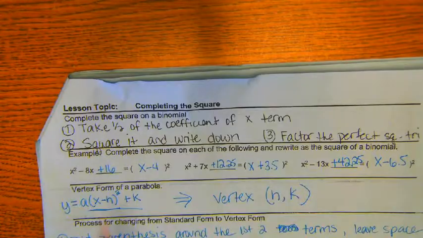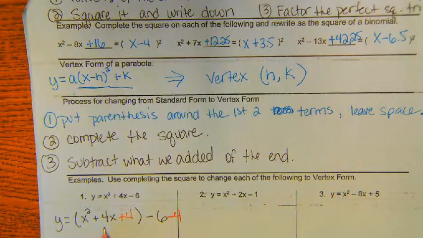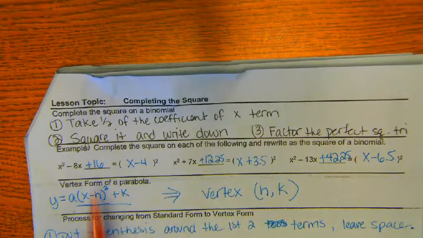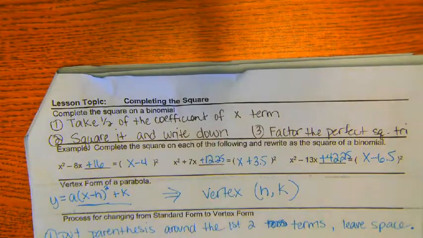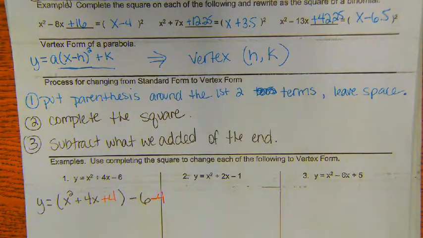How did I get the 4? Take half of the coefficient of the x term. Yep. Square it and write it down. Okay? Alright. So then,